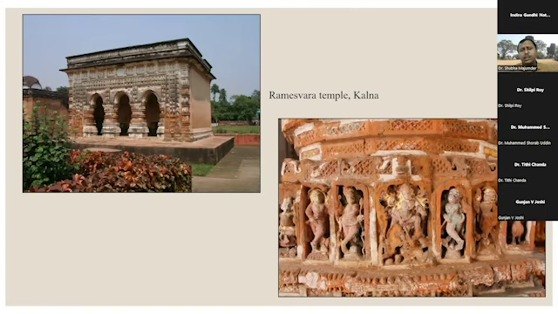This is the Rameshwar temple at Kalna. You can see the fluctuation of the weather, how the upper layer of the terracotta plaque is gradually